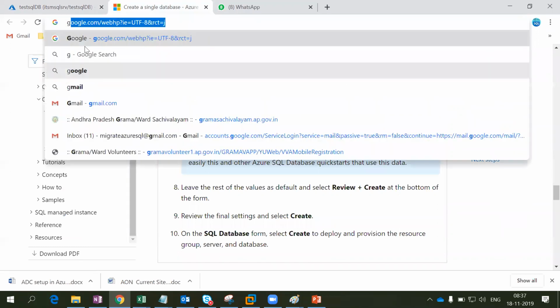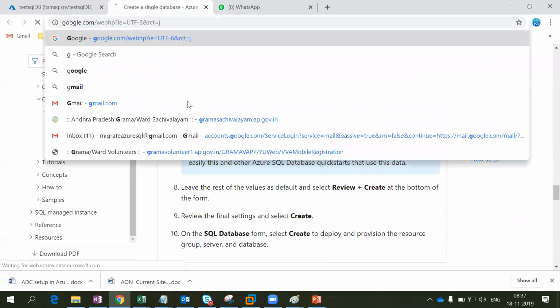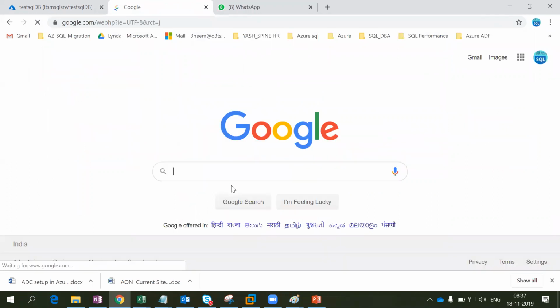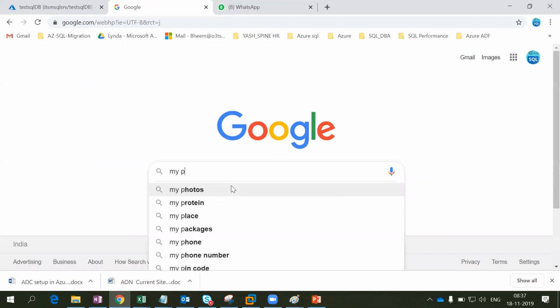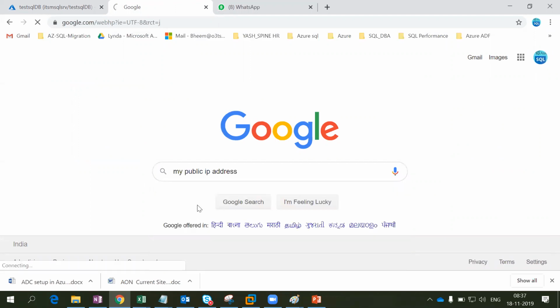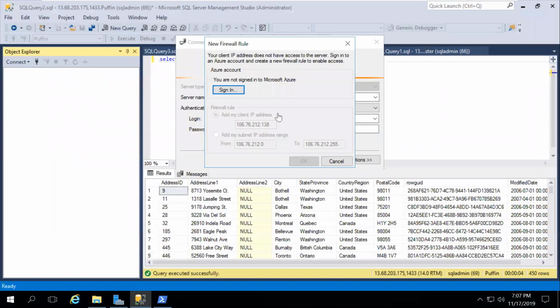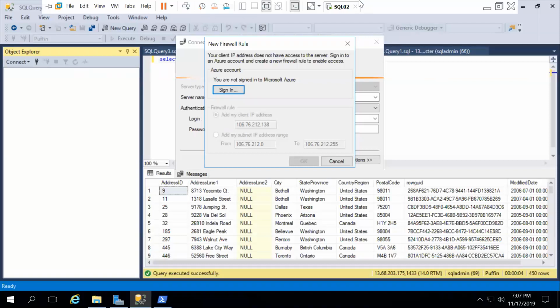Microsoft is going to find it based upon your system's public IP. My public IP address, if you can see, is 106.72.138. See here, who is going to assign it? I am trying to connect from my local system without any AD integration, and I can work and perform anything.